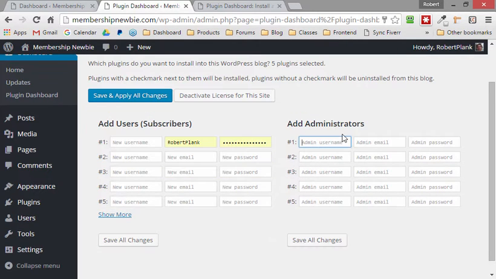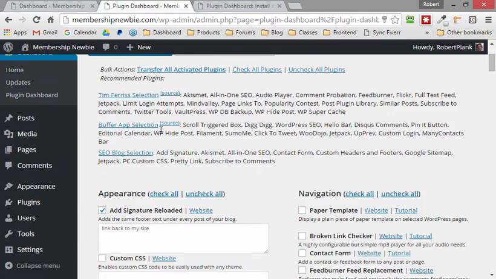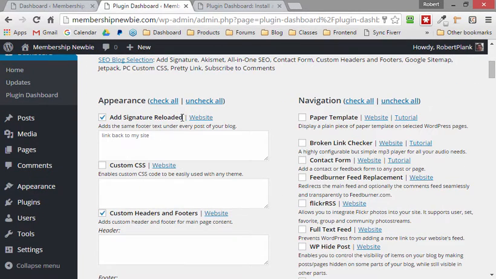So I can say, well, let me also add my business partner Lance Tamashiro username and put in email address, and then have it generate the password on its own and shoot him an email for that. So what I'm doing, if I click on all these tabs I can see that in just one click, this